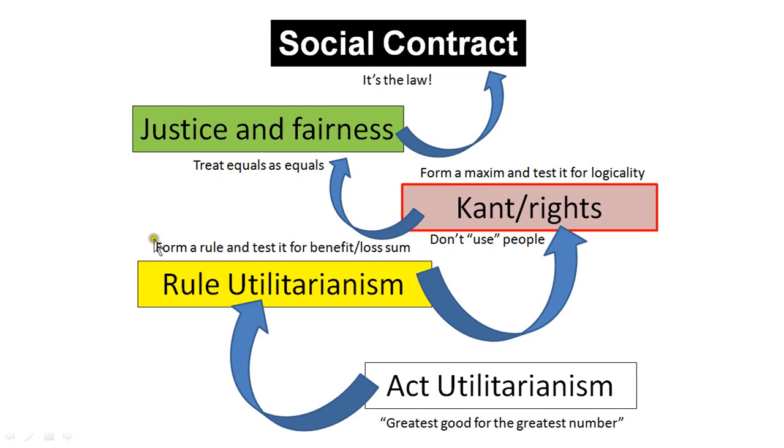Rule utilitarianism, you must form the rule. You can't interpret this to say a rule is a pre-existing law. Then you're mixing the social contract with this. That's a naive understanding of the word rule, and it means you really didn't read well enough about rule utilitarianism. And in fact, that happened in some of the initial essays. So you make up the rule and you test it to see if the overall effect on society is benefit or loss. And to some degree, that results in quantification of various things that may be hard to measure.